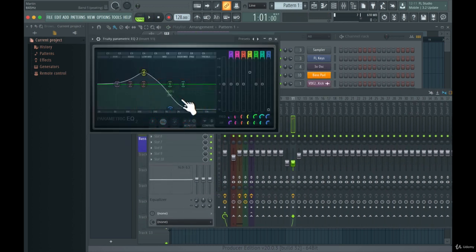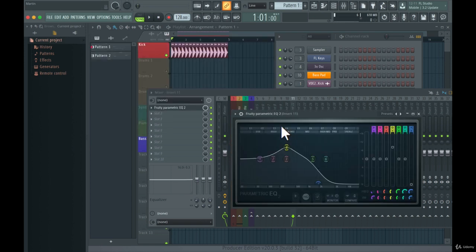And I also placed an EQ here just to get rid of the high end in the bass sound. So as you can see, I have a parametric EQ2, and I just